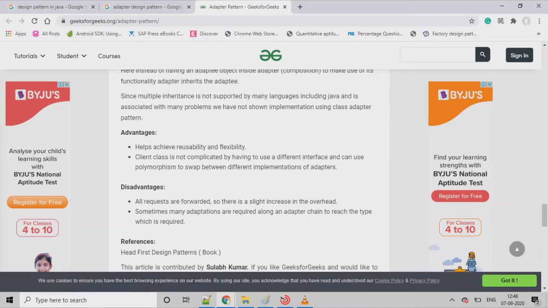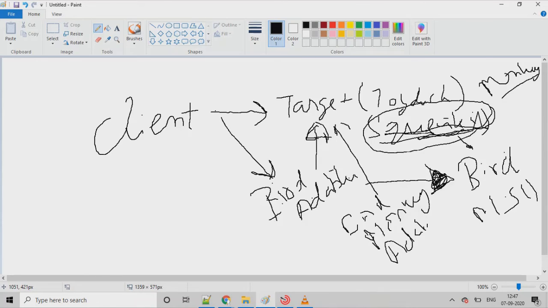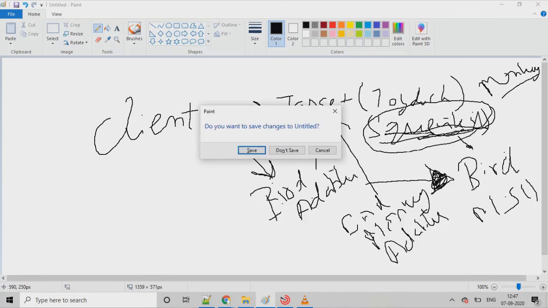Let's make it nicely. Okay, so this is the deploy duck, which is implemented by the bird adapter. Now you can say that you have a monkey and you want to make an adapter like a bird monkey adapter. So you can have multiple interfaces, right, of multiple classes.